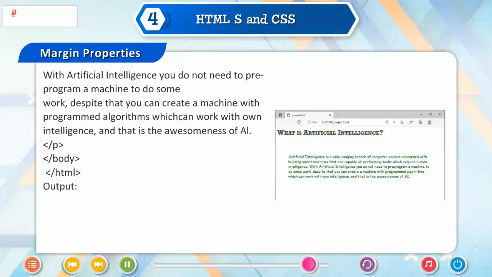With artificial intelligence, you do not need to pre-program a machine to do some work. Despite that, you can create a machine with programmed algorithms which can work with its own intelligence, and that is the awesomeness of AI.</p></body></html>